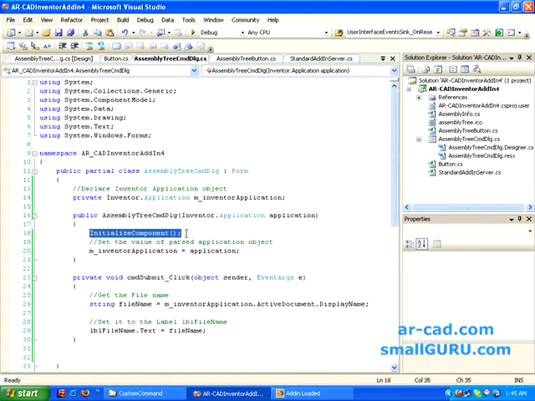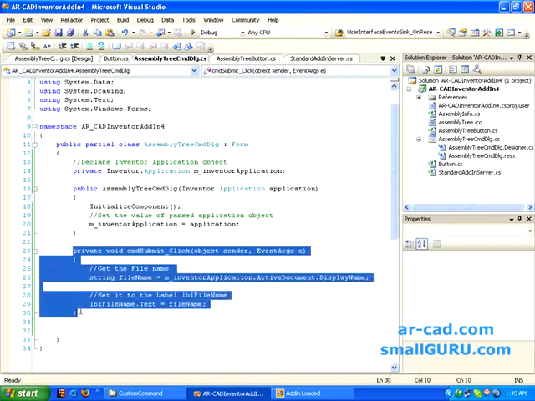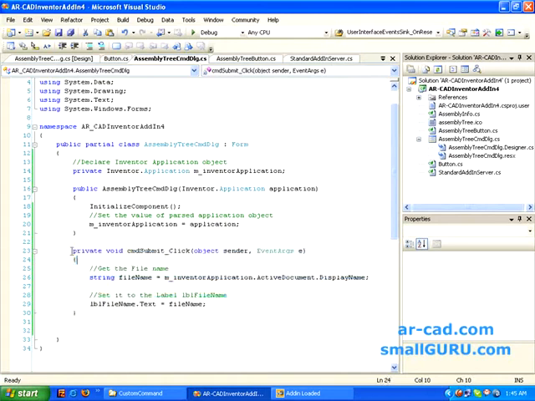Then we assign that passed object to our variable. When I double click on it, it develops this template, which says private void cmd submit underscore click, with some default arguments passed. In this tutorial I'll get the file name.